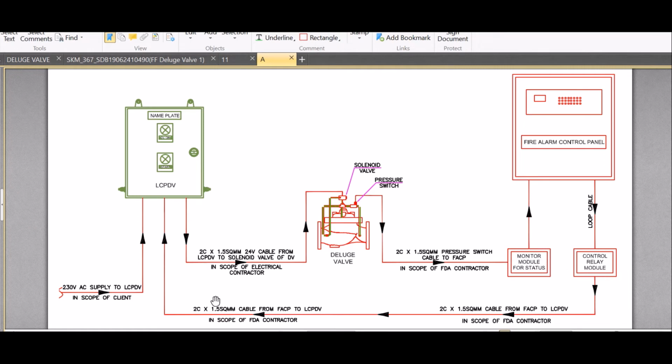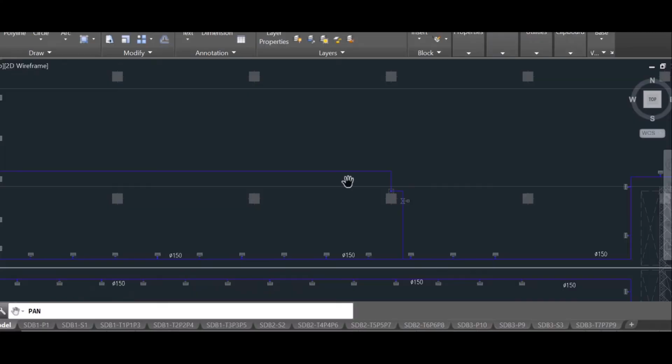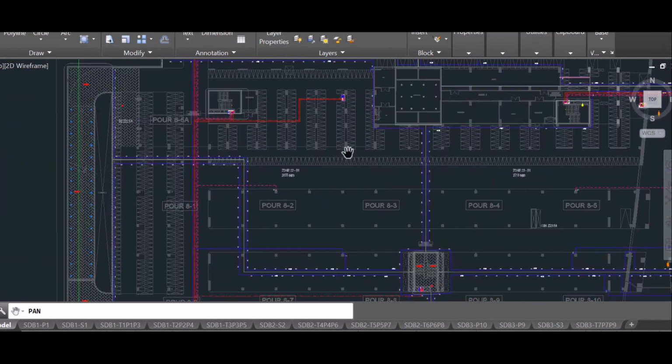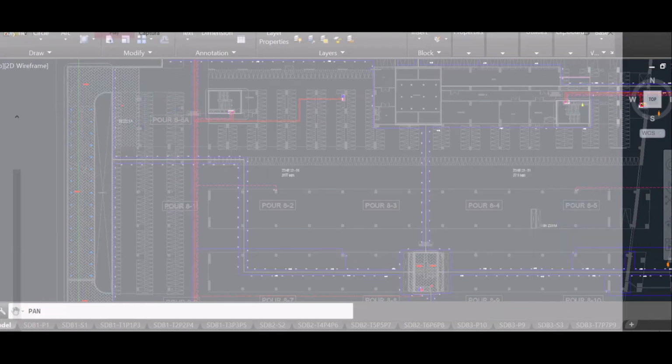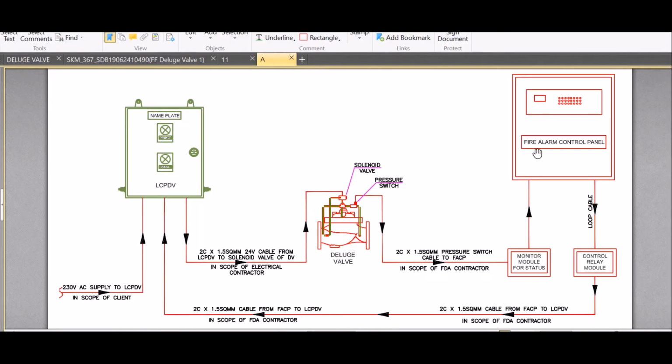If in a zone there are also detectors, and a fire occurs within this zone, the detector will detect the fire and send the signal or address to the fire control panel that the fire occurred.